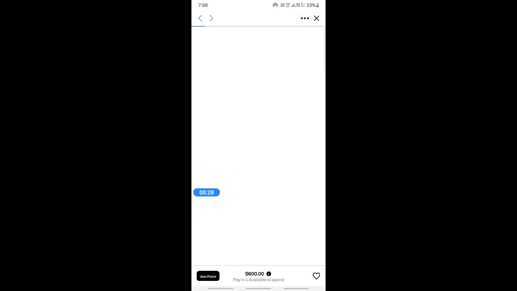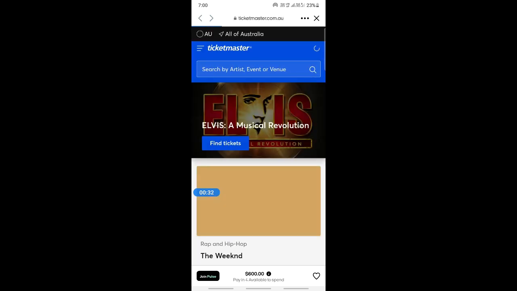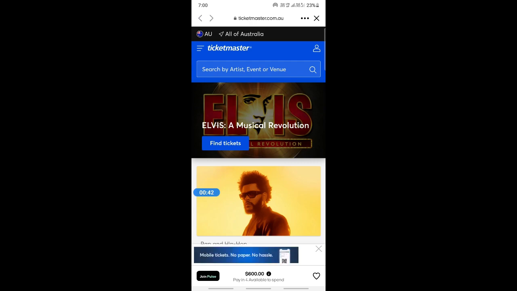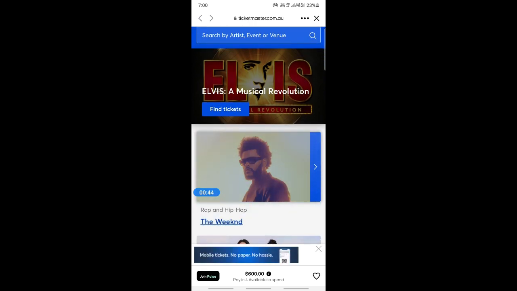When you click on Ticketmaster, this will take you to the official Ticketmaster website through Afterpay. So you go to visit the Ticketmaster site through Afterpay. Make sure to use your app, otherwise you won't be able to use Afterpay to make the payment. Once you're on the Ticketmaster website,